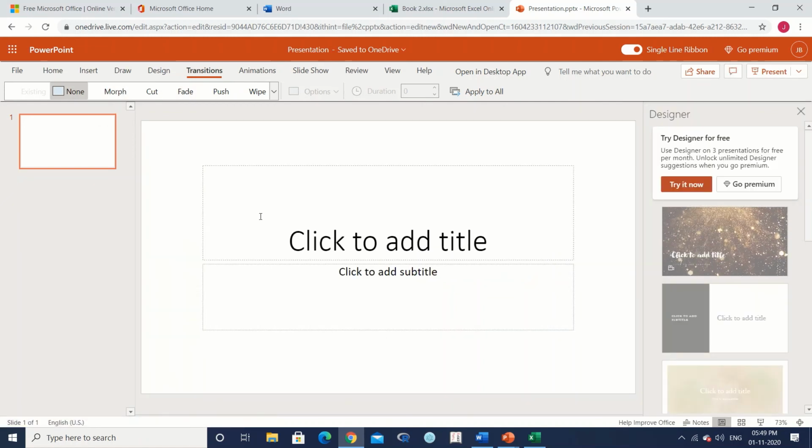Again, the application of these features we'll cover in our future videos, but what we wanted to show through this video is that the online version is as good as the installed version. The only difference is that there are certain features which are available in the online version, not available in your installed version, and there are certain features available in the installed version, not available in the online version. So one thing you can do is work with the features in the online version when that is your requirement, and otherwise use your local version.